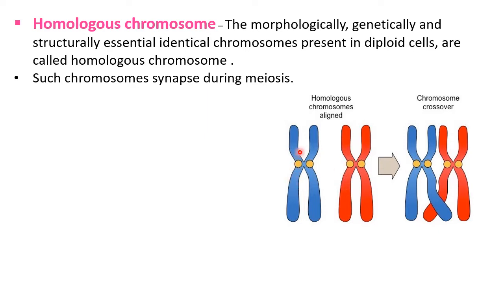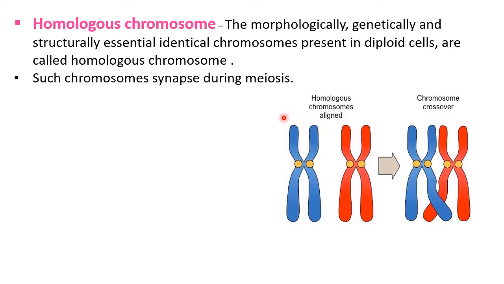So the blue colored chromosome is of paternal origin, or it is paternal, and the red colored chromosome is maternal. When a cell contains two sets of chromosomes, one paternal and one maternal, such a cell is called diploid. These chromosomes which come near each other are generally similar in height, and they show the presence of common genes. So these chromosomes come near each other and begin to pair. Such chromosomes are called homologous chromosomes.